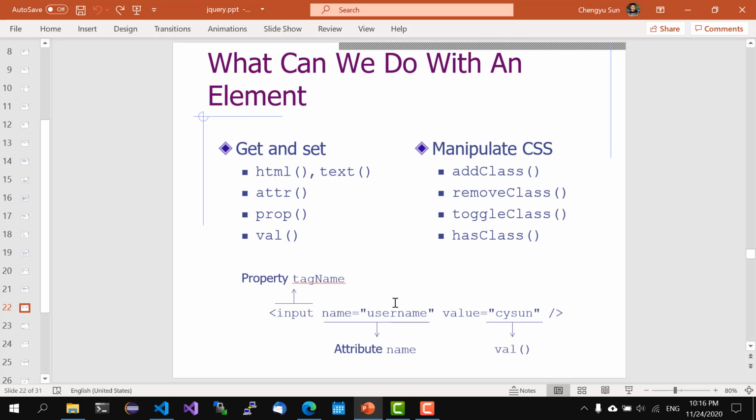Okay, so now we can select elements using the selectors, but what can we do with the selected elements? Well, we can do quite a lot. We can get and set the content of the elements both as HTML and as text. We can get and set their attributes and properties. If the element has a value, for example, if it is an input field, then we can also get and set its value. Note that in Java, we have different getters and setters, but in jQuery, getters and setters are actually the same method. For example, if we have an element E,